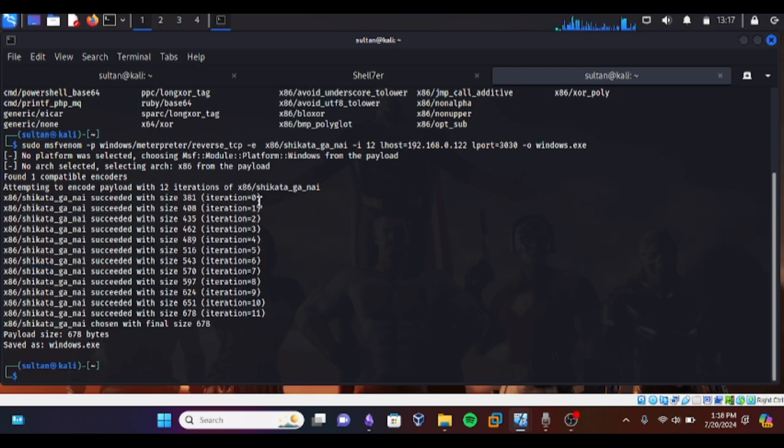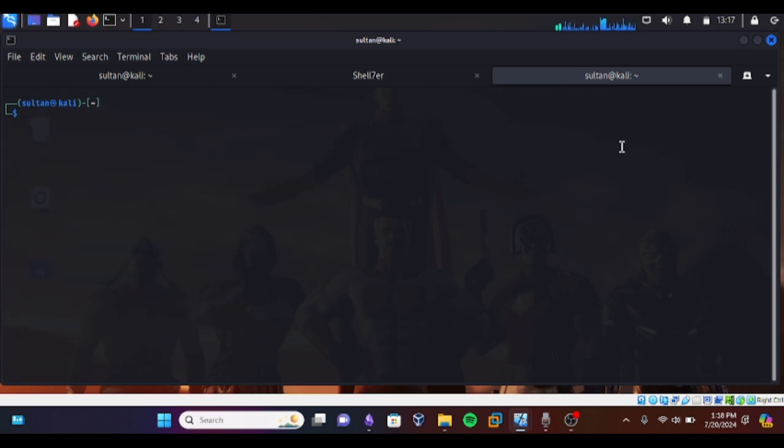You can see the iteration from 0 to 11 makes it 12. So here we are, we have the Windows executable and the payload.